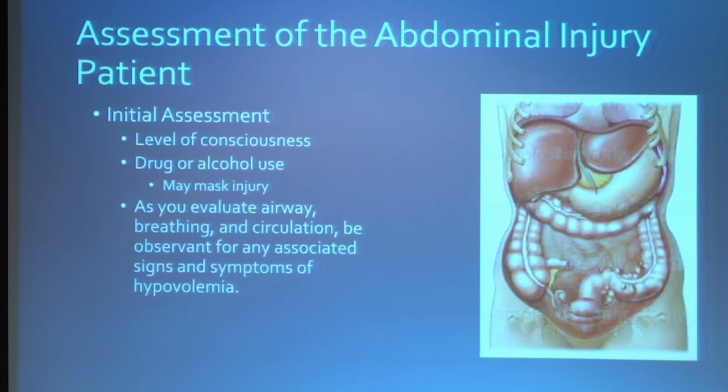Remember, if you're doing... I like to see end-tidal CO2s, the nasal on the... if a person is, that's still a good sign to think when someone has a major injury